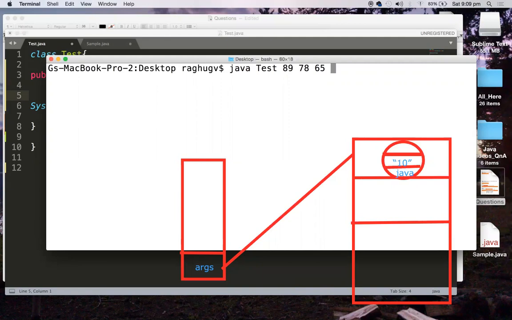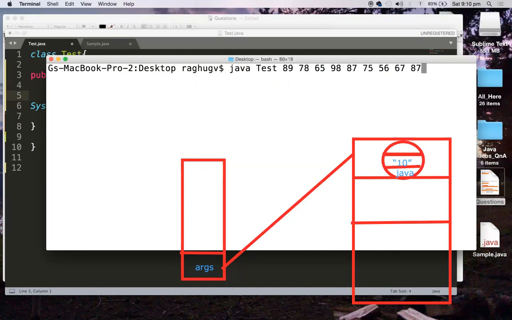some 98, subject 5 some 87, and subject 6 some 75, and let us assume there are more subjects, optional subjects like computer science, etc. So the marks are like 56, 67, and 87. I don't know how many arguments I am giving, so I want to pass n number of arguments. You can do that, but all these marks will go and reside in this particular array args, which is a string array. So all will be in string form.